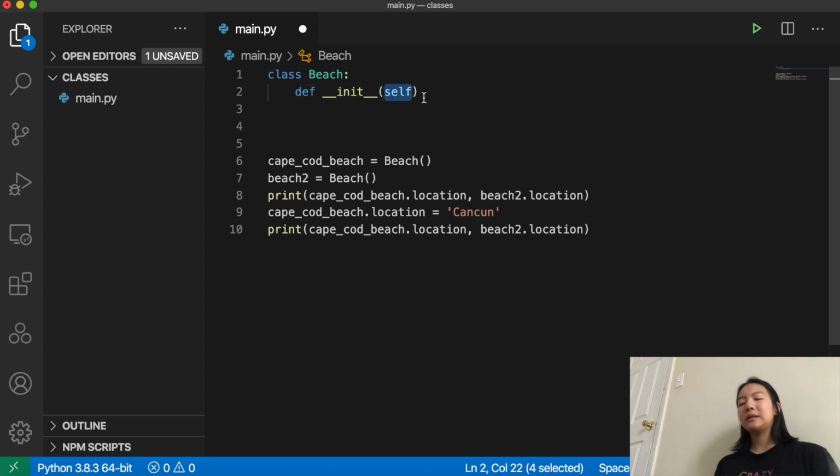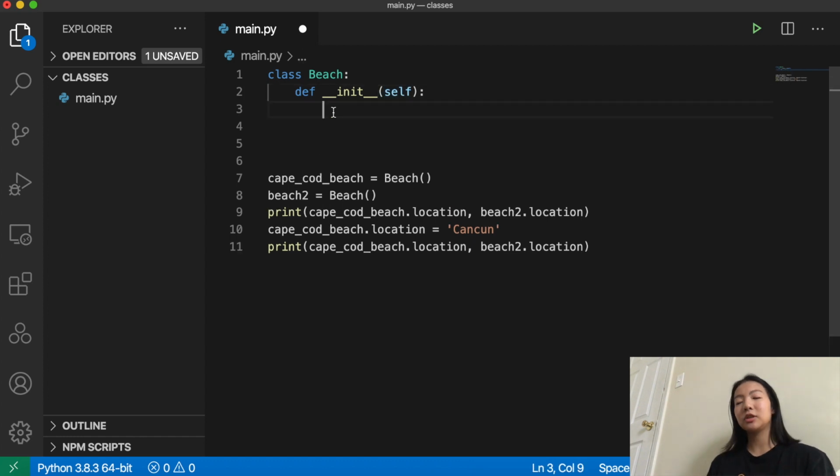And self is basically saying, hey, within this class Beach, any instance, then refer to that specific instance. Under most of our class functions, we'll actually see that we have the self as the first parameter for all of them. So when we initialize a function, we can go through some custom initializations in there. So let's say self.location equals, we're basically saying, hey, in order to locate that attribute, we need to call self